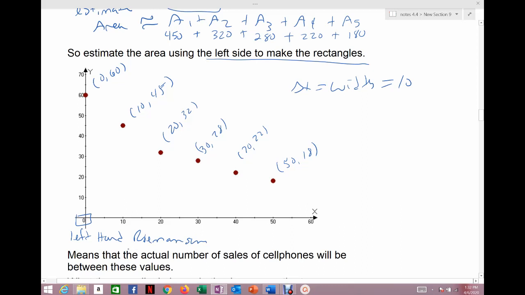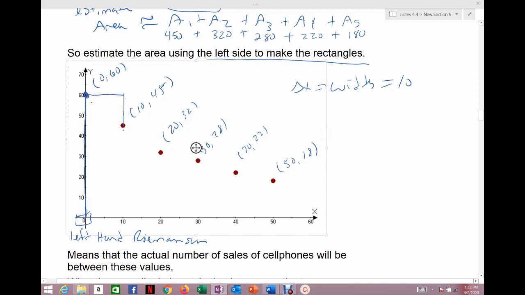All right, so I'm going to use the left side. So I'm going to start at 0. 0 is at the leftmost point. And so if I use this value, it's going to be on the left side. I can draw a straight line. So this is the side of my rectangle, and I hit my point, and then I draw my first rectangle